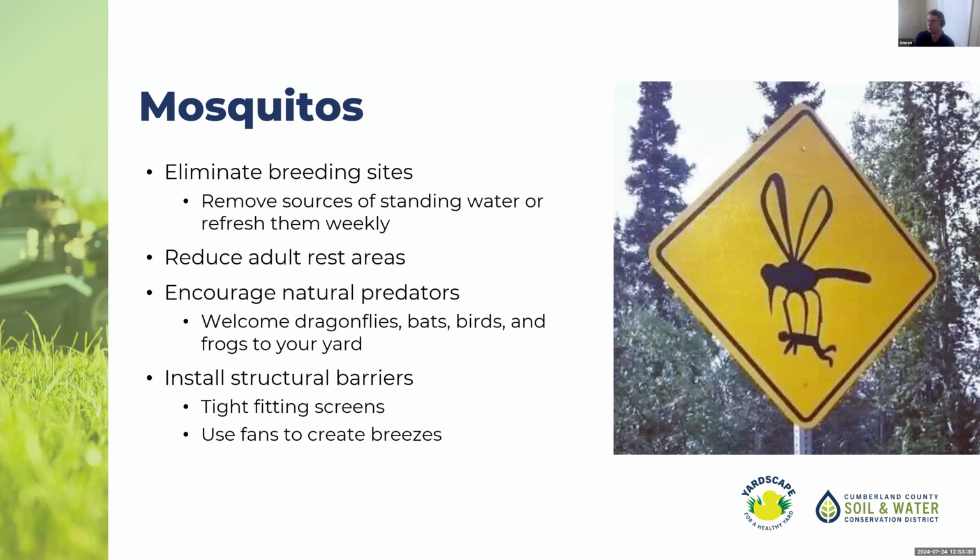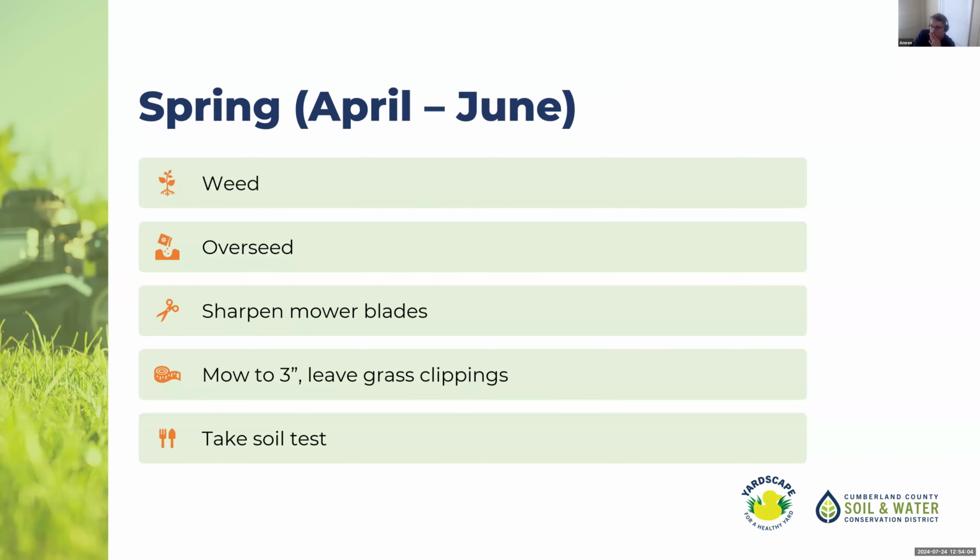And then lastly, mosquitoes. Best way to reduce these is to eliminate areas of standing water and get rid of their breeding sites, and reduce their resting areas where you have a wet area with a lot of dense woody shrubs. You know, move your recreational areas away from those, or remove the woody shrubs if possible in wet areas, as long as it's not going to have a larger ecological impact or stormwater impact.